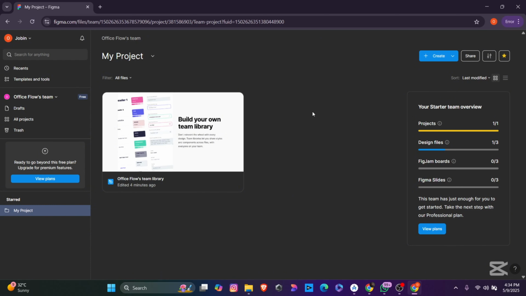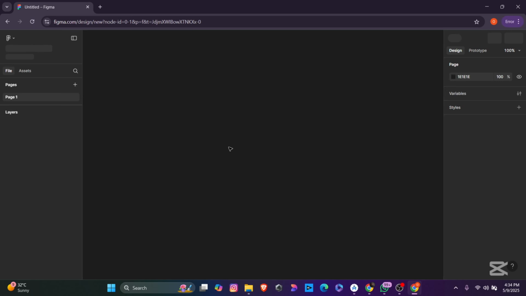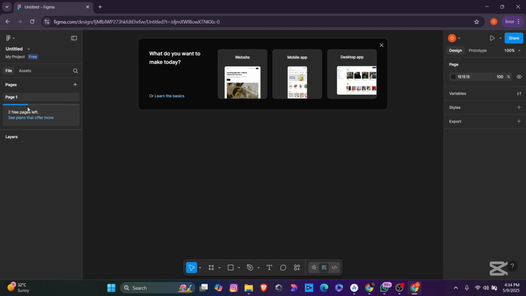That means you can have files inside your project folder. I think you can have three project files. Okay, and that means you can have three design files inside this thing. You can create a new design in this. Plus, click this button, and you have design files, FigJam, slides, buzz, site, and you can even import files to this. Okay, let me create a new file here, new design. Then that file will be added to your project folder, and now we created a new Figma project file, and